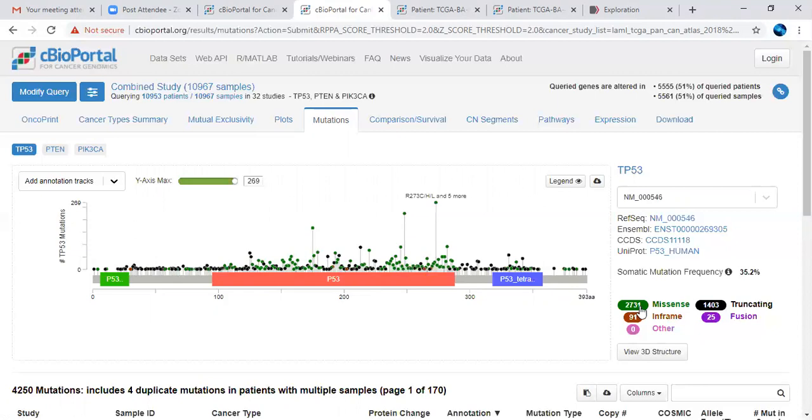Here you can see what the colors are actually indicating. Green color is indicating the missense mutations; inframe mutations and fusion genes are there. So likewise the colors have been indicated only with respect to the TP53 gene, and it is also linked to different resources, that is the reference sequence database, Ensembl database, CCDS database, UniProt database.